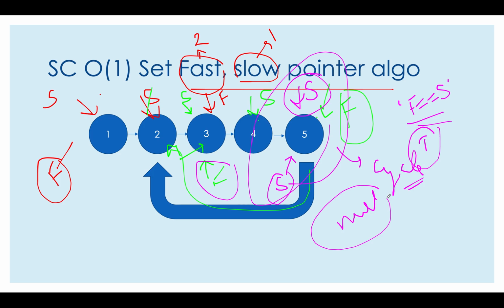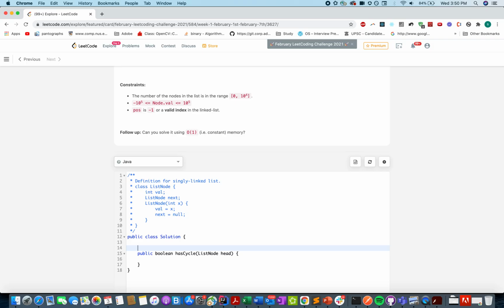So let's quickly code this up. Going in for the set approach first, and then followed by the fast pointer slow pointer approach, which is an efficient approach in terms of space complexity. So let's define a set of list nodes, set equals to null. Set gets initialized to new hash set, and let's iterate through the linked list. ListNode it equals to head,